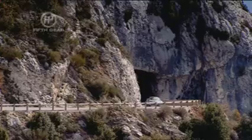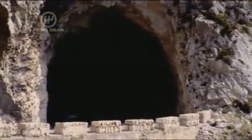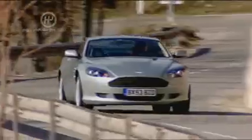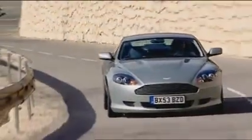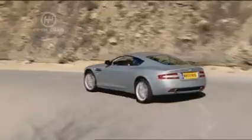Of course, the DB9 is not about figures, it's about emotions. But my emotions are stirred quite significantly by its 6-litre V12 with 450 brake horsepower. It actually betters some of the luxury saloons that I've been driving recently, and it's the best GT I think I've ever driven. Yes, OK, there is a feeling of weight against the nose if you get a bit too keen, but the levels of grip and go and steering feel and braking power are phenomenal for this kind of